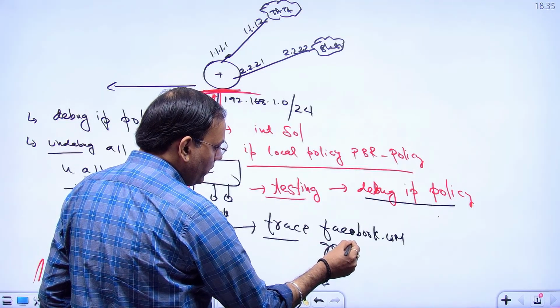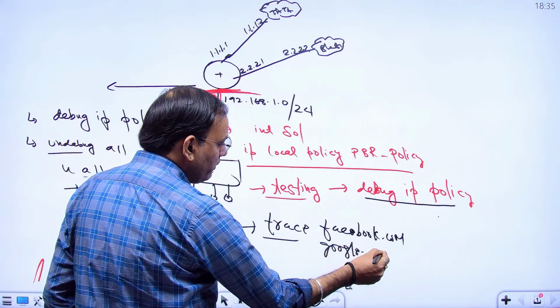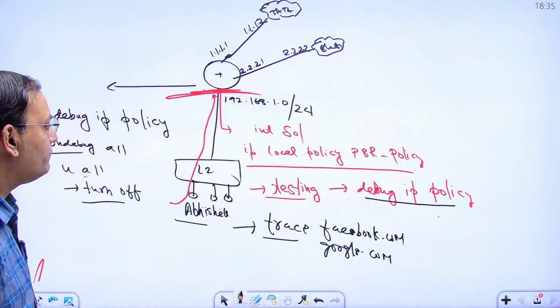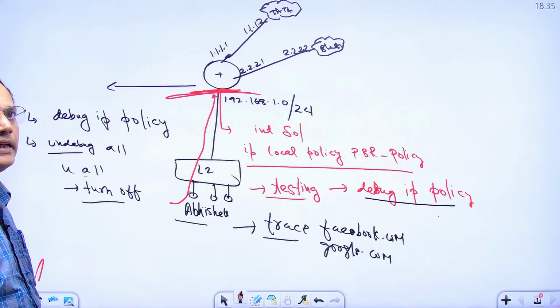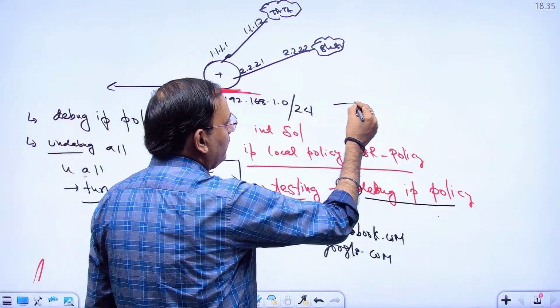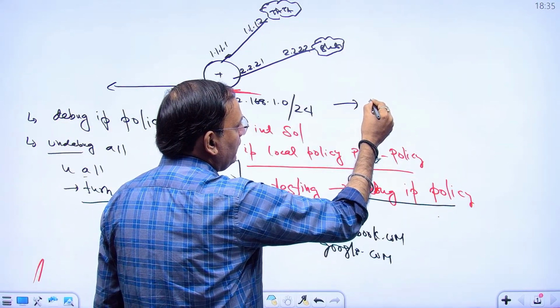Tell your customer, okay sir, now share your screen, trace facebook.com, trace google.com, and when he traces it, you will see on the router